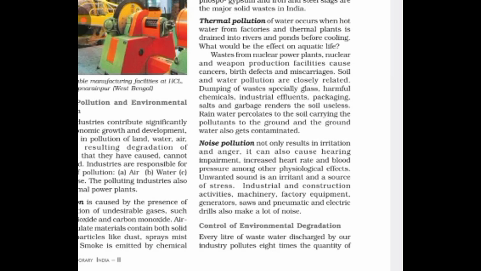Now, next is noise pollution. This is very harmful for the elderly and for the children, leading to deafness. For small children, it can lead even to permanent deafness. Factory equipment like grinding makes a lot of noise, and that creates a lot of deafness. The factory workers will be given ear aids which can stop the noise getting into their eardrums. But what about the people living in the surrounding areas?